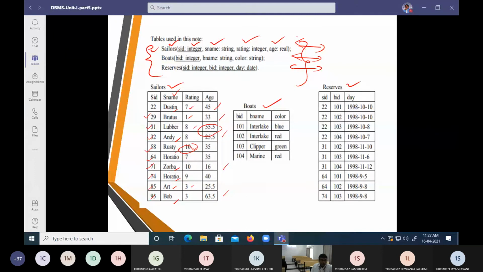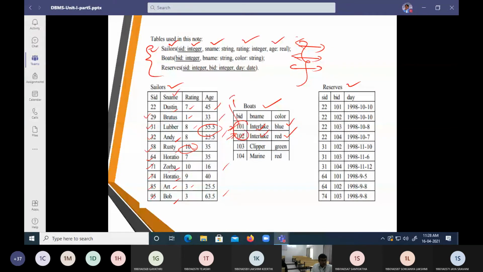Fine, that is good. Now, what is the boat name? Boat name was Interlake. What is the boat color? The boat color was blue and red. Okay, there is little ambiguity. I can ask why Interlake is blue and red, but it is purely identified with a unique identifier, that is 101 and 102.